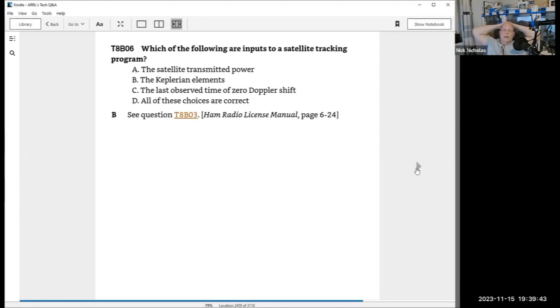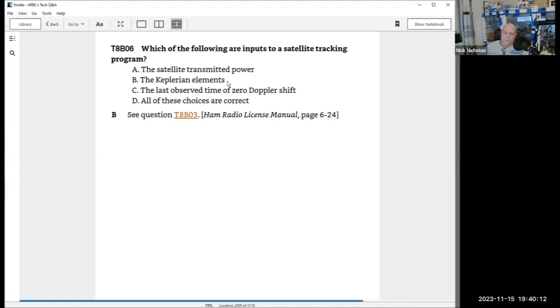The Keplerian elements are put into Kepler's formula. They're the required variables, and it allows you to calculate the motion of an orbiting body, in this case, satellites. So the most important thing you need to input into satellite tracking programs are